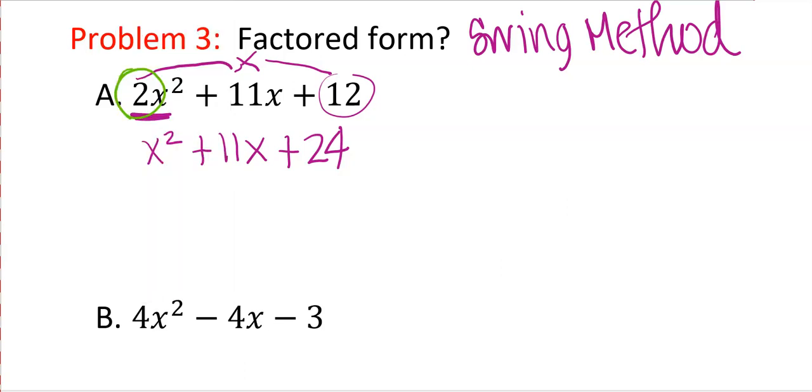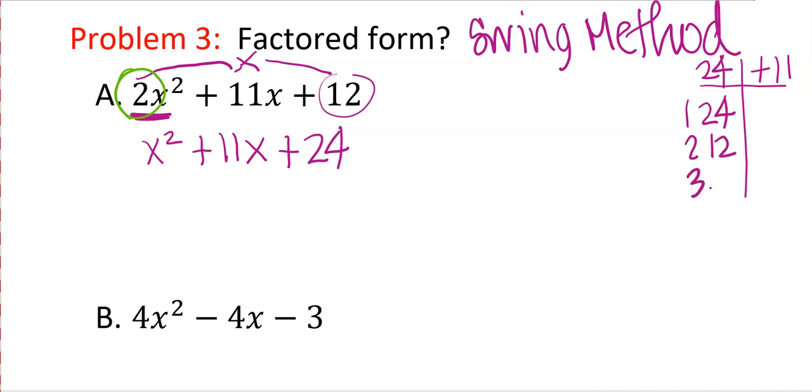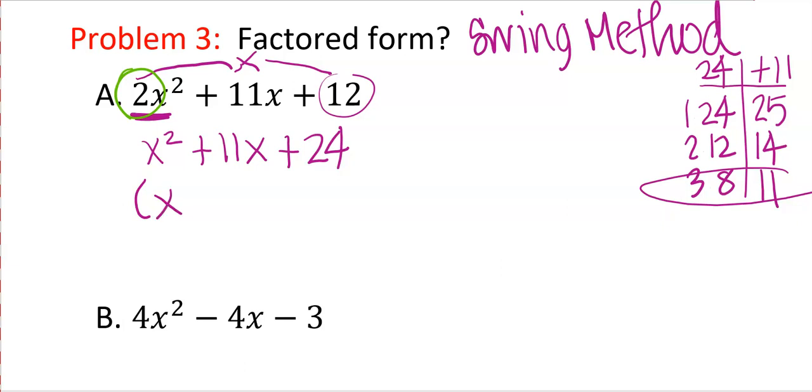So we're still going to do the same thing that we just did. We're going to do factors of 24 that add up to 11. Anybody think of it right off the top? 8 and 3. So if you can think of it, do it. If not, you're going to go 1 times 24, 2 times 12, and keep going. Three times 8. This would be 25, 14, 11. So this is the one. So you get x plus 3,